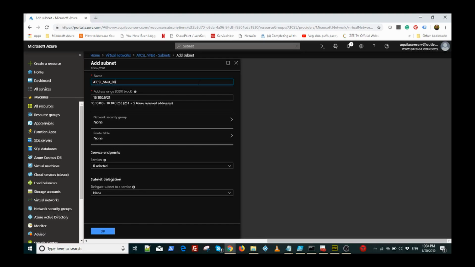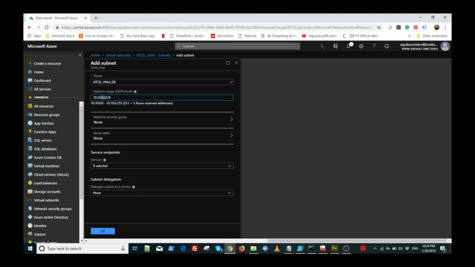Okay, so this is the data tier. Now, I already consumed 10.10.1.0/24. So that is the reason why we are presented with 10.10.0.0/24 by default. So if we want, we don't have to do anything. We can go ahead and